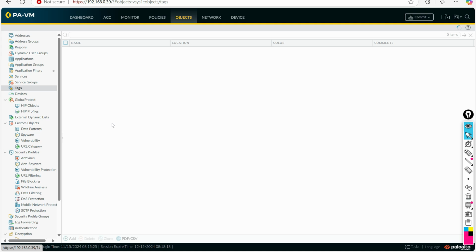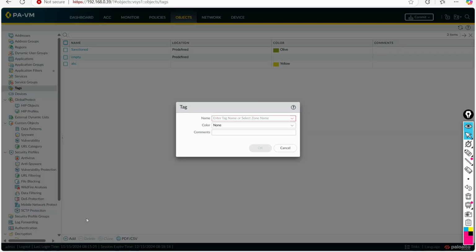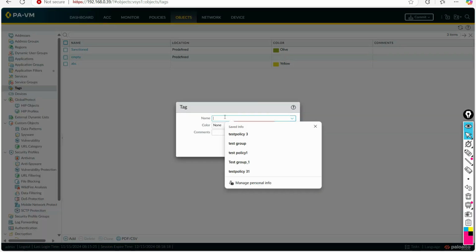So first I will create a tag, and I will apply that tag to the applications. Using that tag I will create an application filter, and I will apply that application filter to the policies, so that the respective apps that belong to the particular tag will be called by a particular policy in order to work. For testing purposes, I will take a name as Trust,